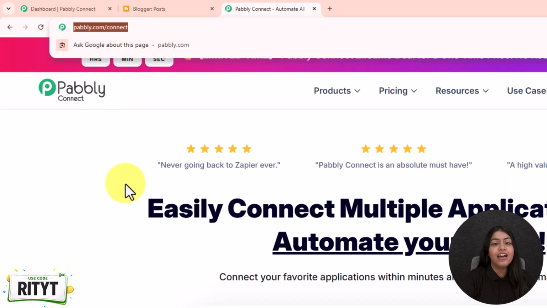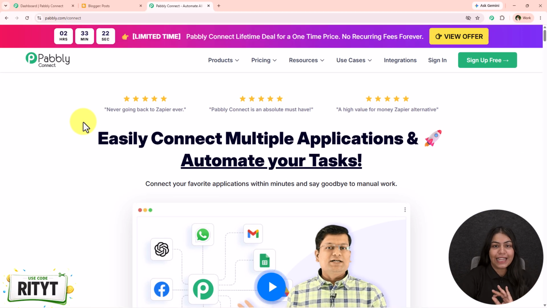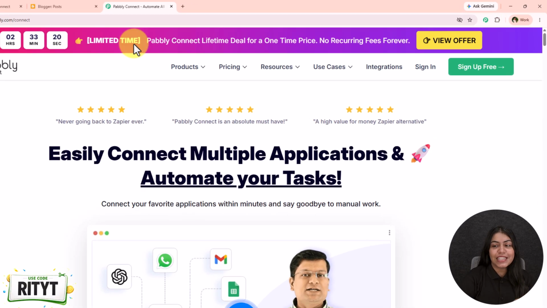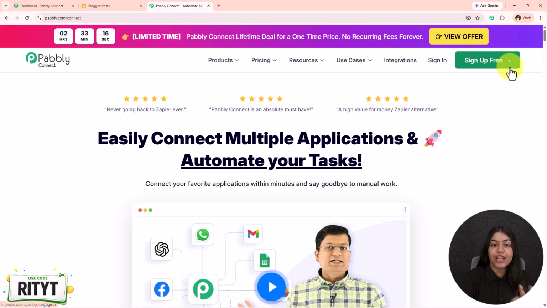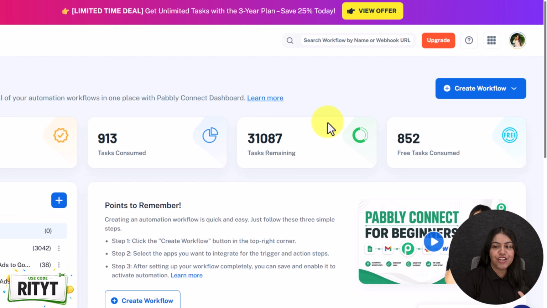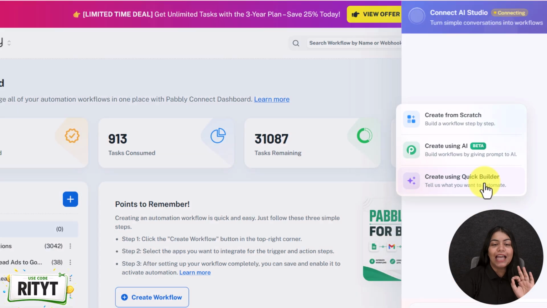pabbly.com/connect in your browser and open the landing page of Pabbly Connect. In the top right corner, you're going to see the option of sign up for free. So click on the sign up for free and you are going to get a free trial of Pabbly Connect. Then log in inside Pabbly Connect and come on the dashboard, click on this create workflow and then create using